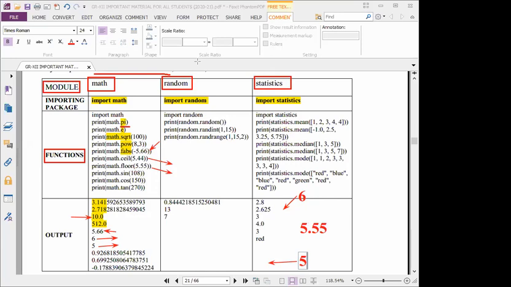Now tell me what is the value for this one. Students, everyone listening? Minus 3.96. What is the greatest value for minus 3.96 and the smallest, nearest value?